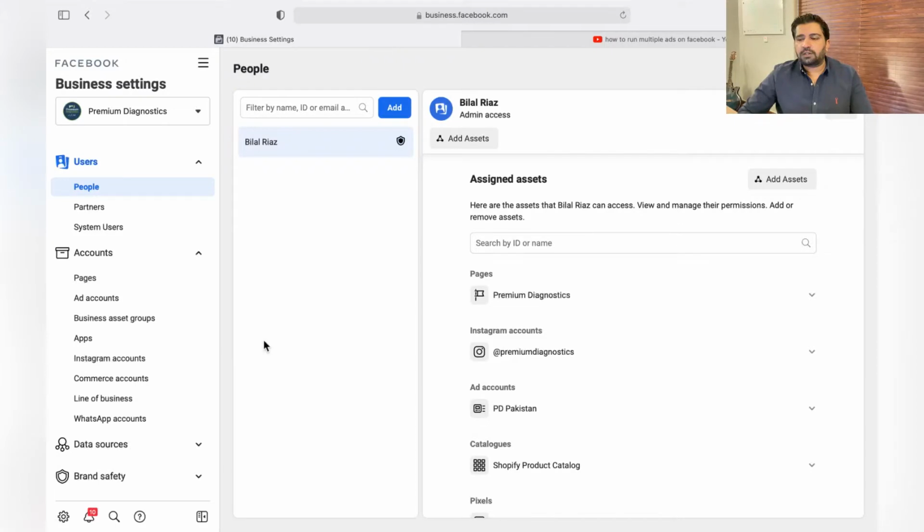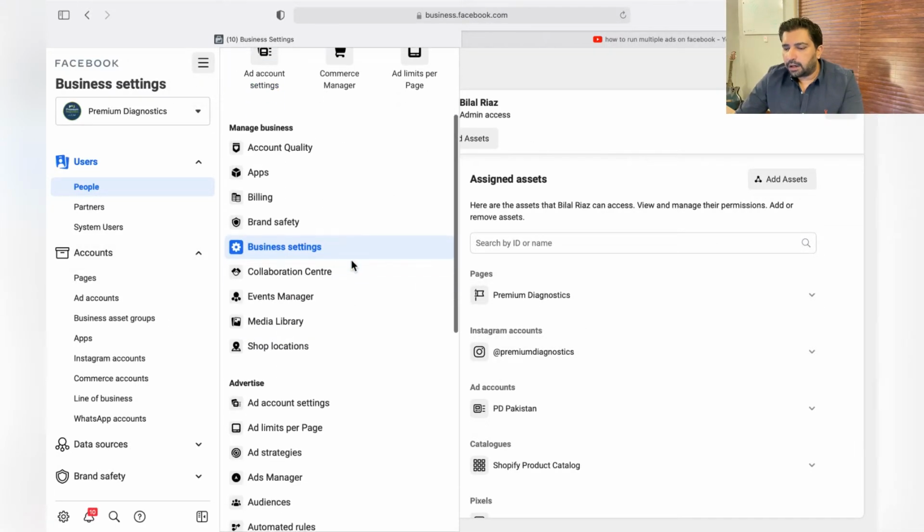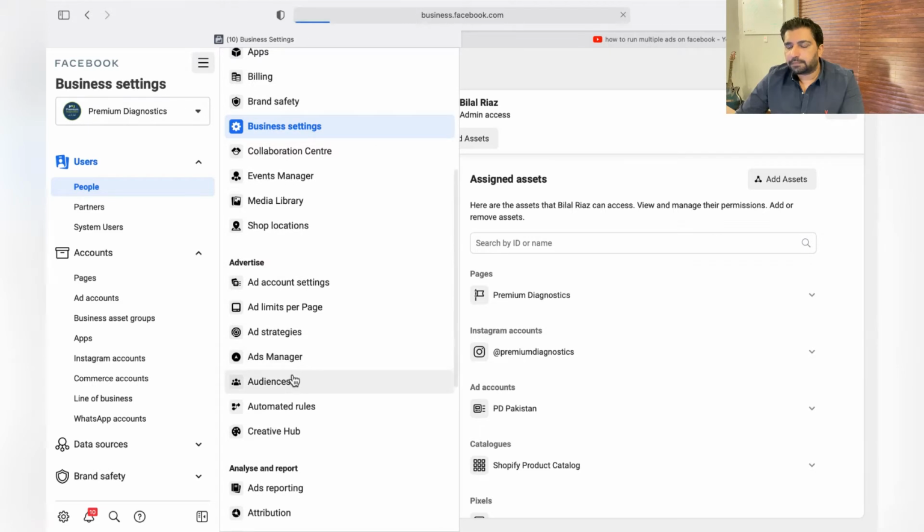So in order to show your new product services to people who have already bought from you, who have already trusted in your business, it's always good to create lookalike audiences or custom audiences, which is called retargeting. To do that, just log on to your Facebook business account. Over here, just click over here, scroll down and go to audiences.